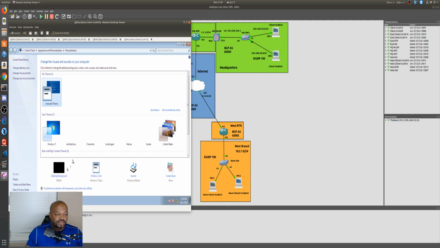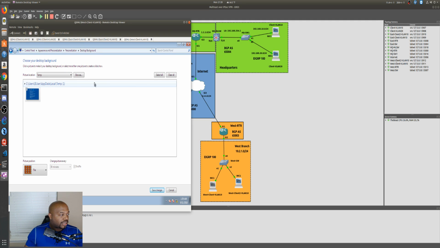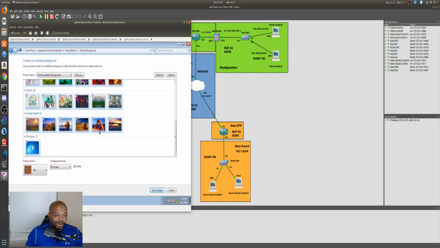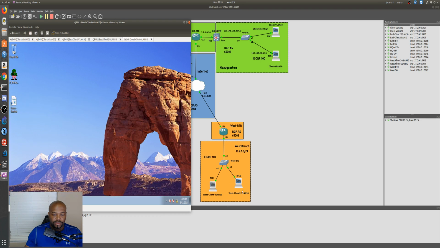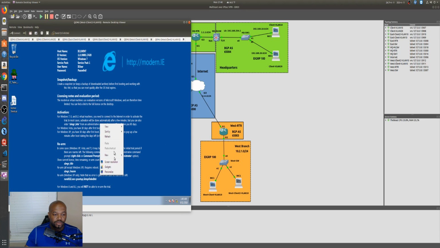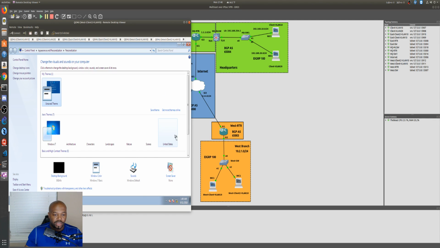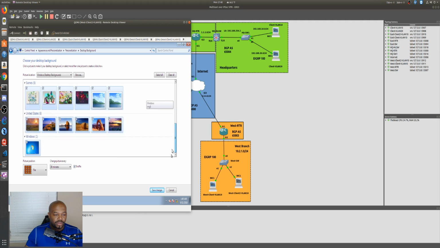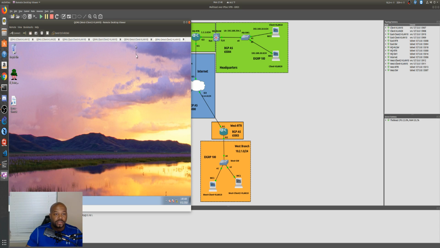Of course, I have to change the background so I can ensure that I can remember which one I'm on. So this one is 5. I'm gonna come in here, console, change my scaling on this, personalize it, change my background, and we're gonna do 6. There we go. Okay, so now